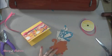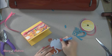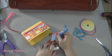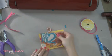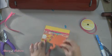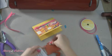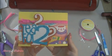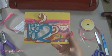Now we're going to use a Zig 2-Way. I'm using my squeeze and roll and gluing this teapot and Tea for Two saying together right on top. Isn't that adorable? Holy cow! Alright, and now we're going to use a lot of pop dots on this one. There we go. Okay, so there is my Tea for Two card with the Once Upon a Princess Cricut cartridge